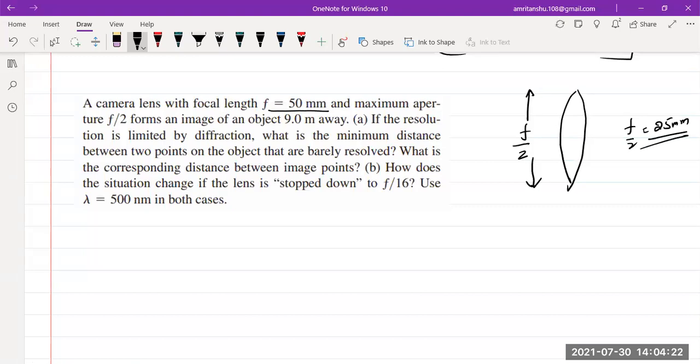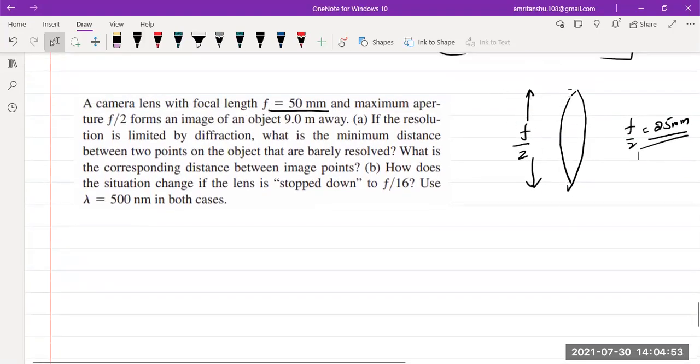Generally in cameras, we can change this aperture. You might have seen that sometimes you get images with a blurred background, and sometimes you see normal images. So how do we manage that? We manage that by changing the aperture of the lens. That's one of the sciences being used in photography also.